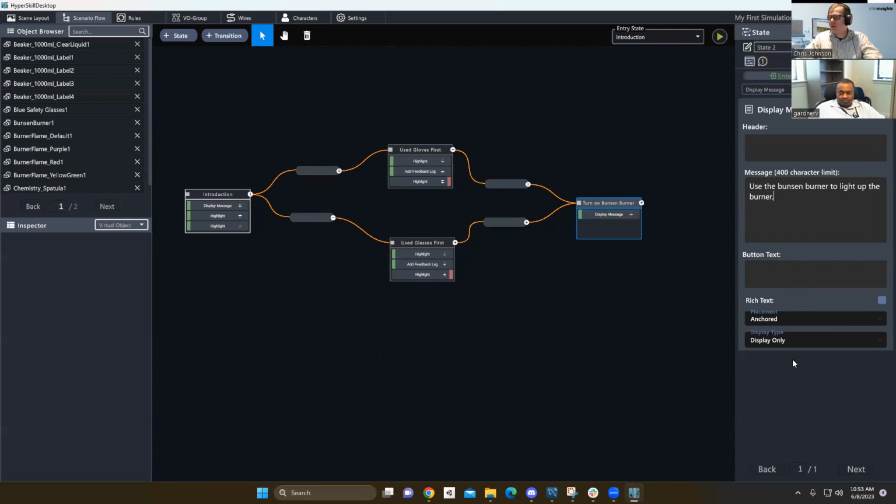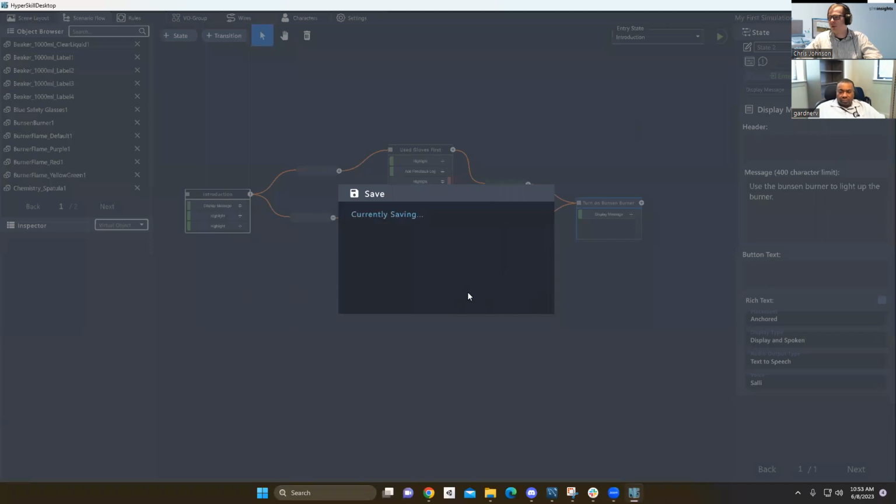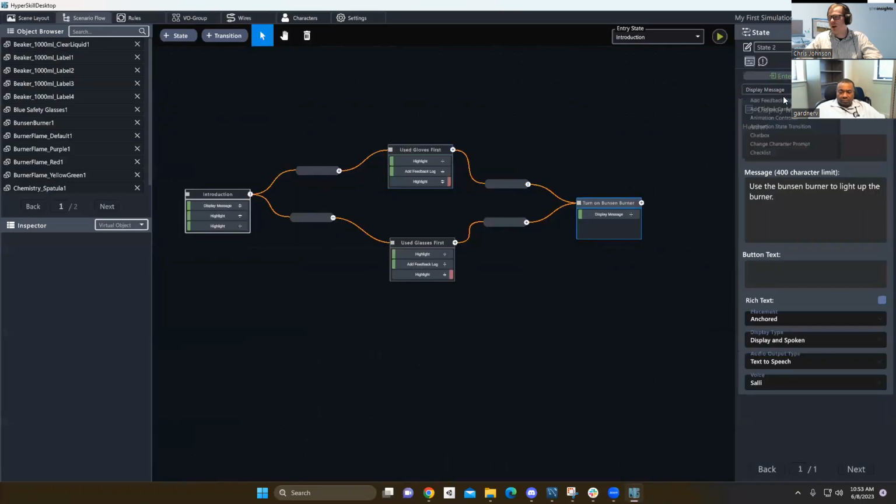And I moved a little bit quickly. I forgot to mention one other thing. I mentioned your placement for anchoring or in space, but if you want it to be spoken to your user or displayed and spoken, you can select the voice, or you can upload your own audio if you have it. And will you put music in this environment? Yes. To play in the background? Yes. So if you have uploaded your audio,